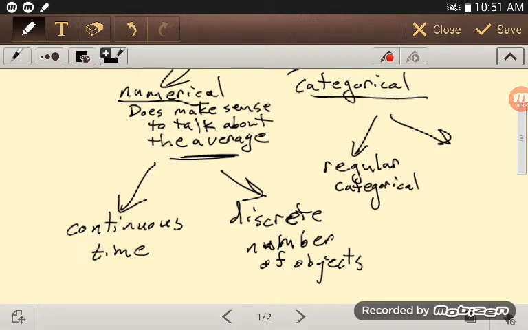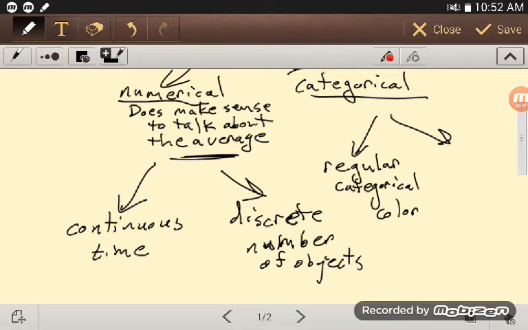So this is things like color. Blue, green, red. What order? Well, I don't know. I mean, you could, I guess, talk about order in a rainbow or something, but typically when you think of real categorical variables, you don't think of being able to put them in an order. And that's an important thing to realize, is that we may have them in some order, but they are not. And that's where you have to be careful.